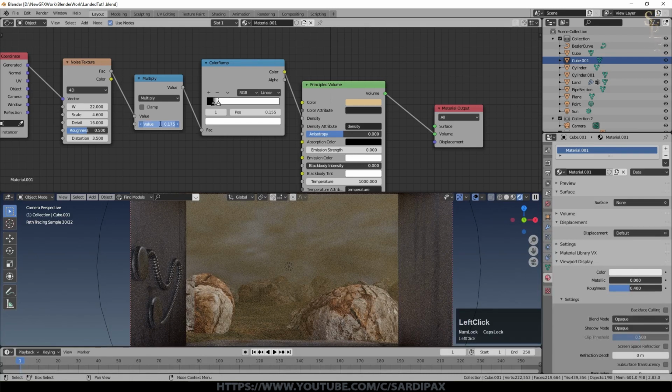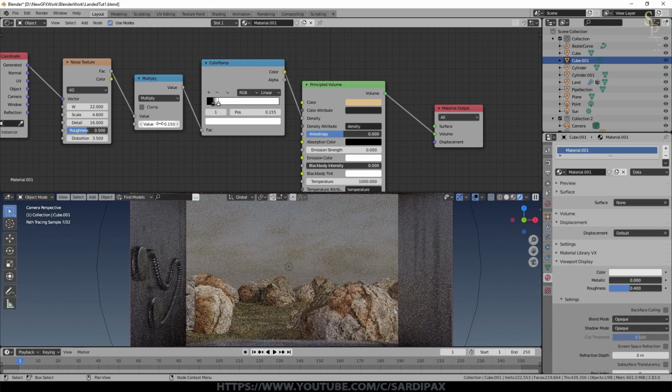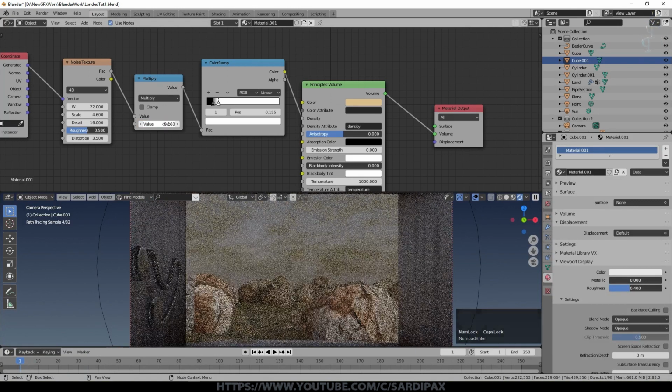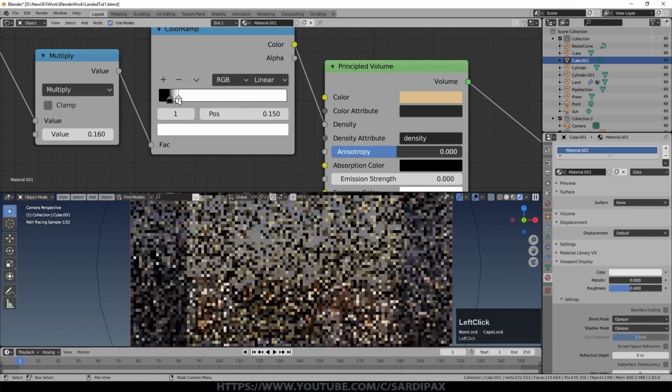So if I reduce this value to 0.15, for example, you can see the whole thing becomes a lot less dense. So that's sort of a quick way to play with density without changing too much else. That's probably not dense enough, so we'll try 0.16. And of course, the overall amount of light in the scene falls because it's being absorbed and scattered by this mist, as it would in real life. That's getting pretty close to what I would want. You can play around with this, of course.